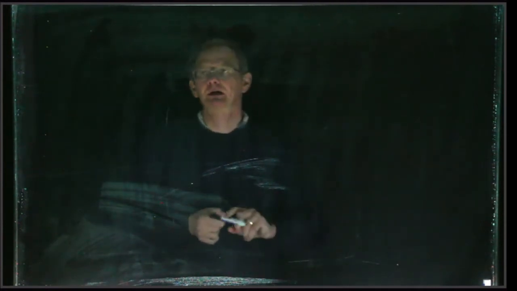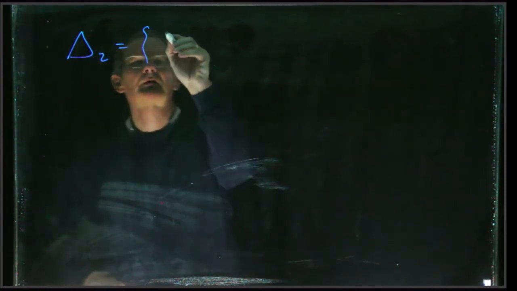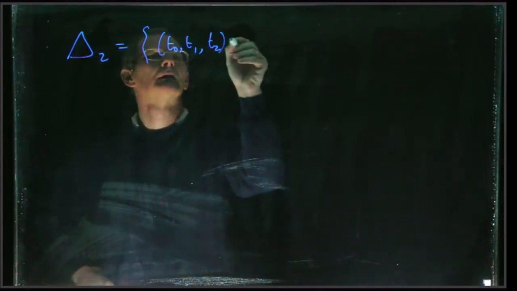To explain a bit more precisely what I meant on the last screen, we need to go back to remembering the definition of the standard two-simplex. So remember delta 2. That's the set of (T0, T1, T2)